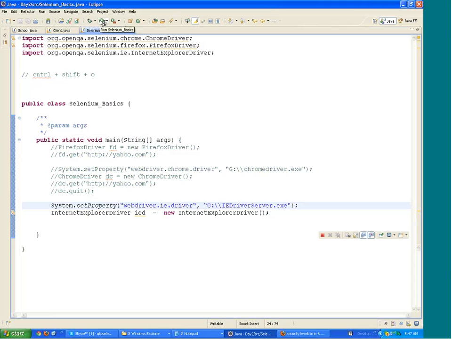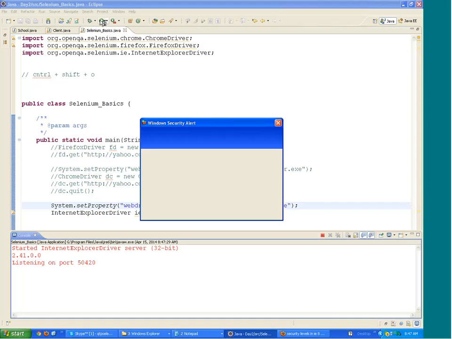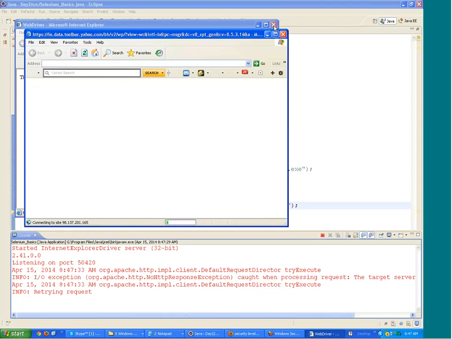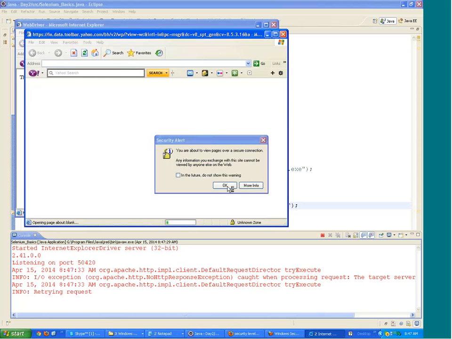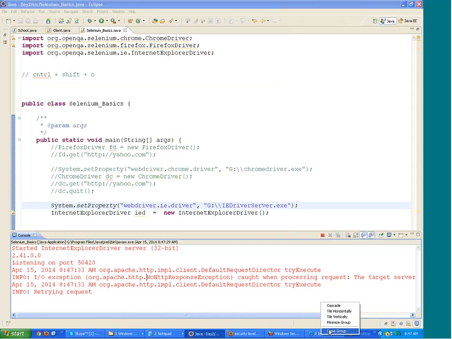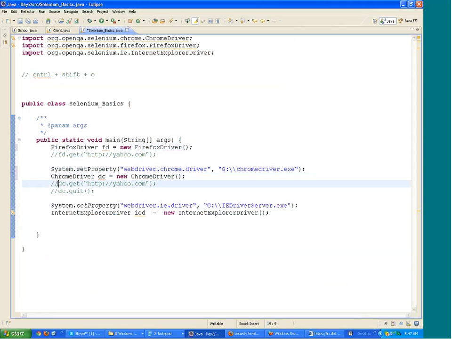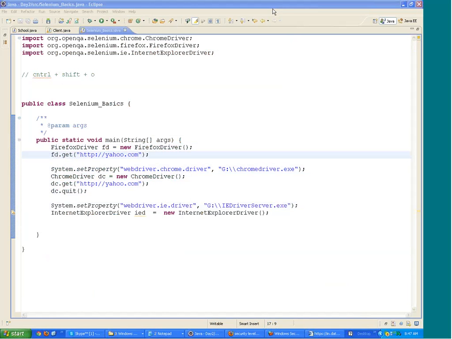So when you run this, unblock it, and you see that I will open up and it will fire the commands. Just hold on. Right. Okay. So these are the 3 browser driver types which I have taught you as of now. Okay. Right. So Gopinath is asking a question: why do we need to set the levels in all the 4